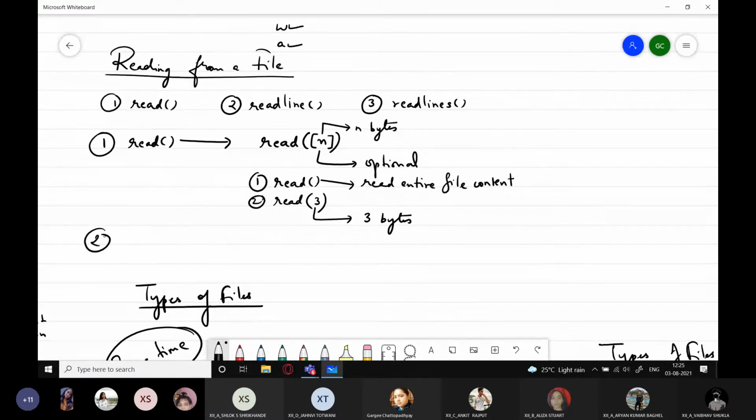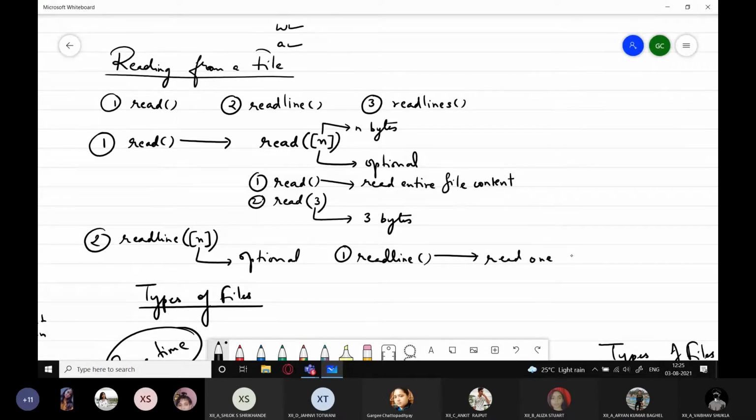Second is the readline function. And to this also we can pass an argument n, where n is an integer object, and this is also optional. That is, you can either call the readline function without any argument, which will mean read one line at a time.